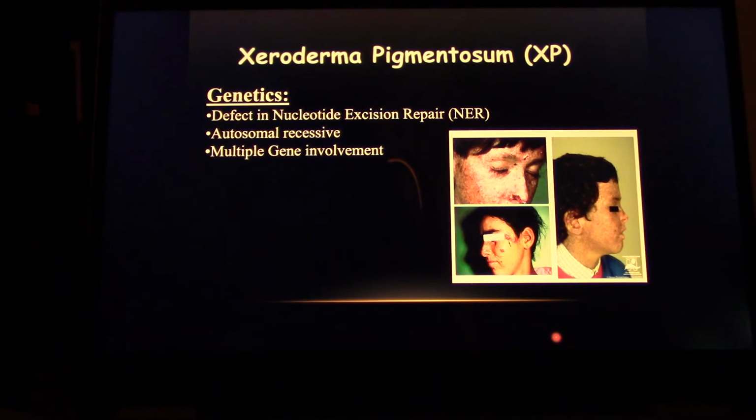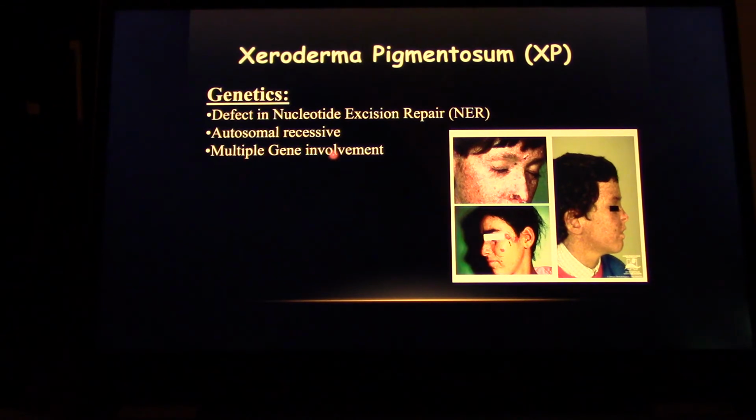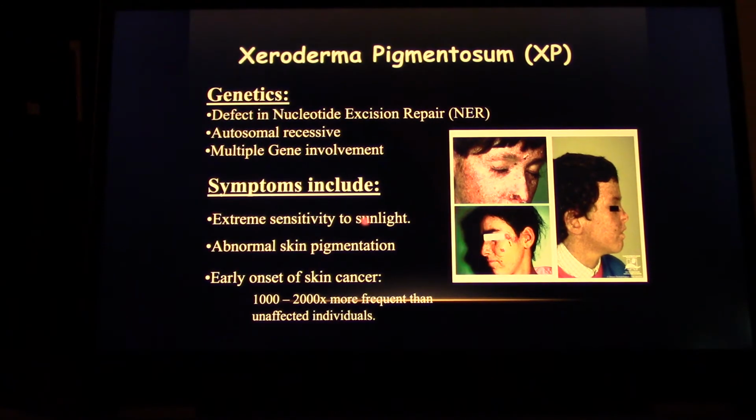So here's xeroderma pigmentosum, or XP for short. Thank goodness we've got a for short, because that's quite the words. Genetics: defect in nucleotide excision repair. It's an autosomal recessive disease, multiple gene involvement. And you can see from these patients over here that they have extreme sensitivity to sunlight, abnormal skin pigmentation, and